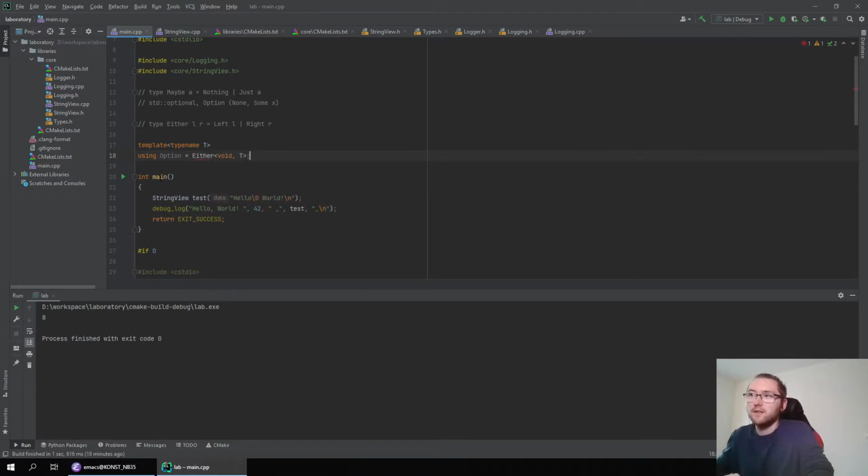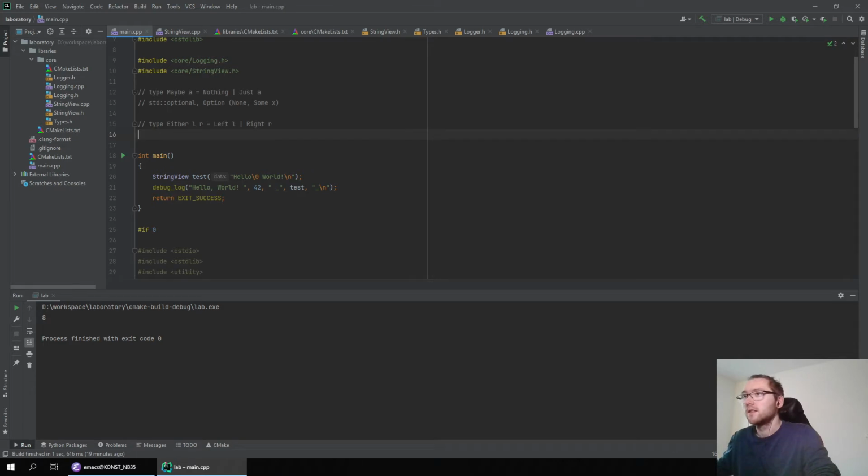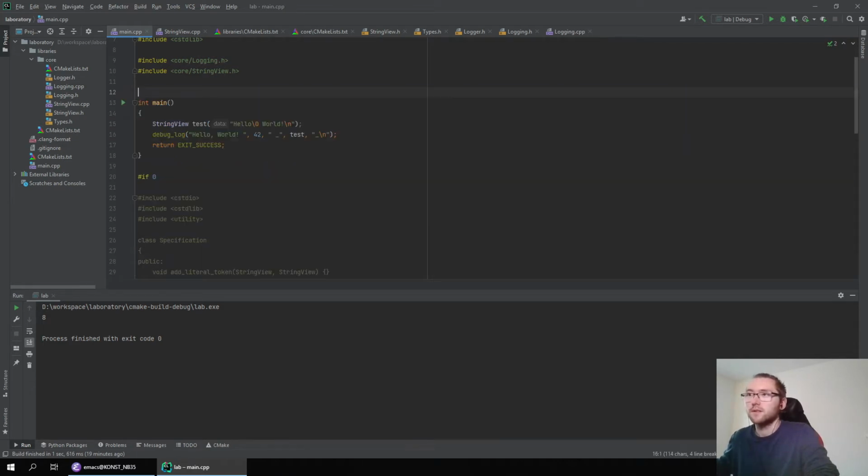So basically, you could define an option as this, and either is a kind of generalization where you don't have an error kind. You just know it is successful or it is an error value. So just to give a little bit of context. But I want to steal the either concept. Use this one.